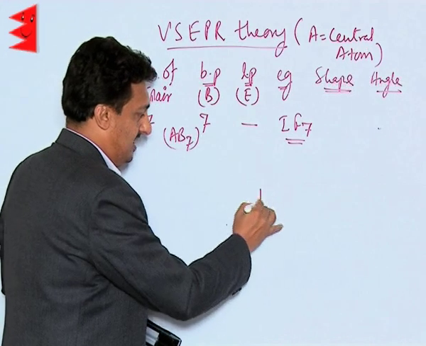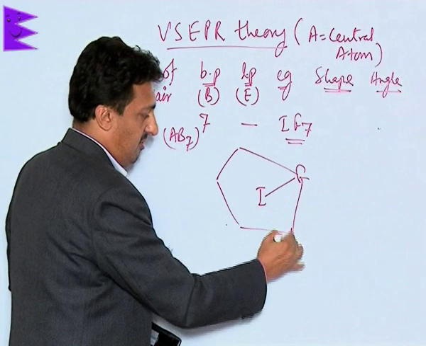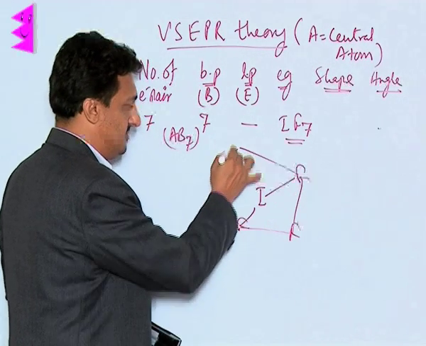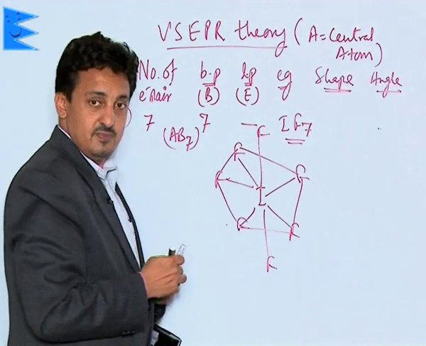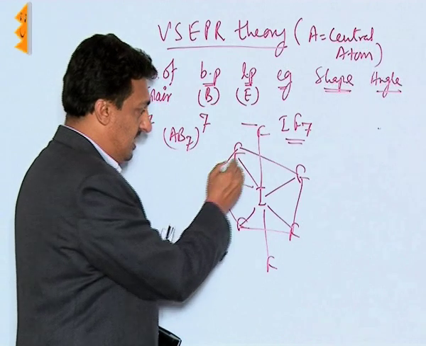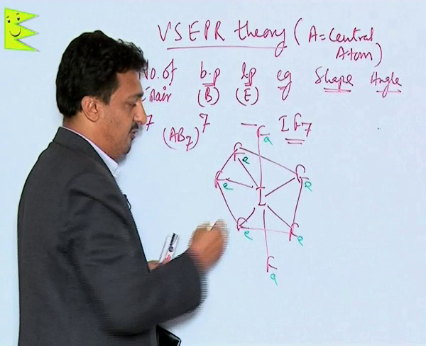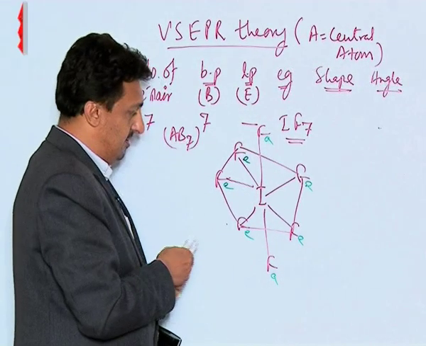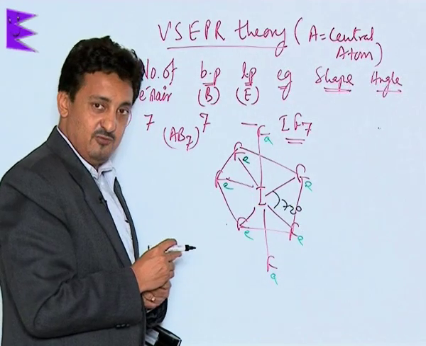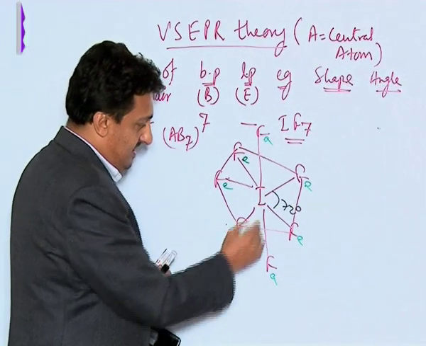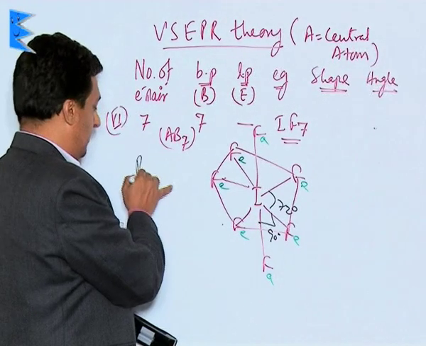It will be almost like this. A pentagon is drawn around iodine, and each corner of this has a fluorine atom, 5 in all. 1 fluorine down, 1 fluorine up. These are called your equatorial fluorine atoms. These are called your axial fluorine atoms. Angles are reduced here from 90 to 72 degrees, 360 divided by 5. And this angle is, of course, your 90 degrees. So angles are 72 and 90, and it's called